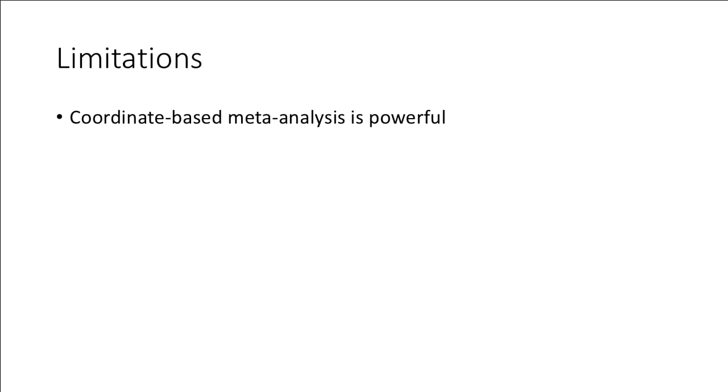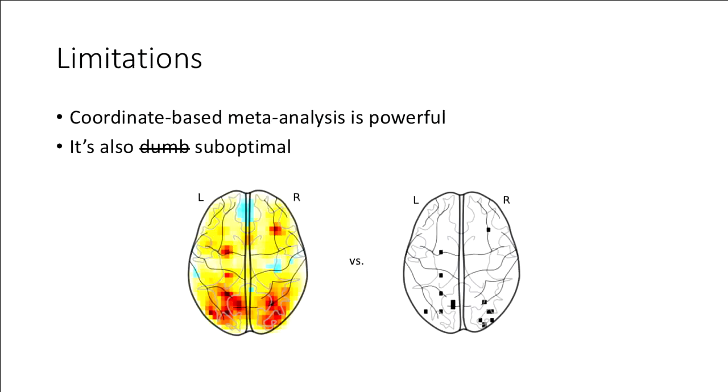Now, obviously, there are some limitations to this. I've mentioned the data quality limitations, but there are some limitations that are inherent to coordinate-based meta-analysis, and you've heard a little bit about those already. Fundamentally, coordinate-based analysis is, let's say, suboptimal. And the reason is very simple. Tom already made this point, right? Here is what actually comes out of your study. Let's pretend this is a gigantic sample, good methods, et cetera. You have continuous data here. And this is what's actually reported in the paper. This is an extremely thin abstraction. And we are trying to reconstruct this from this, and it's a very difficult thing to do.